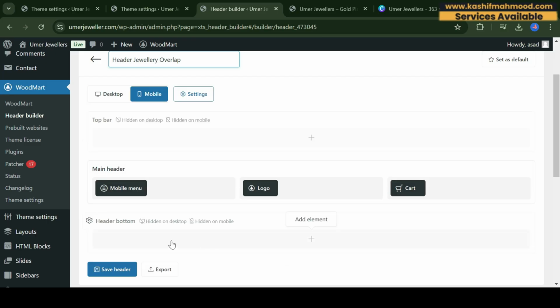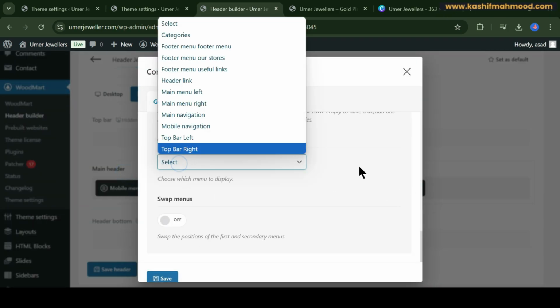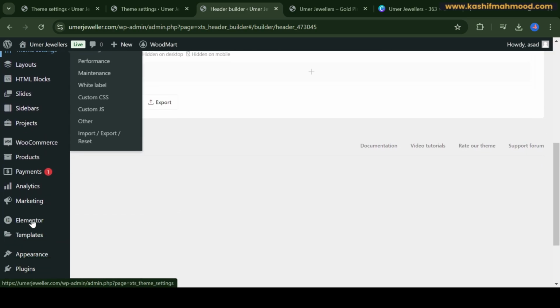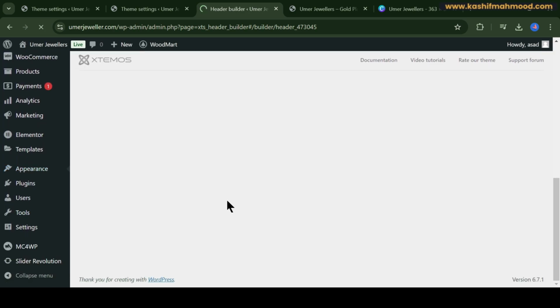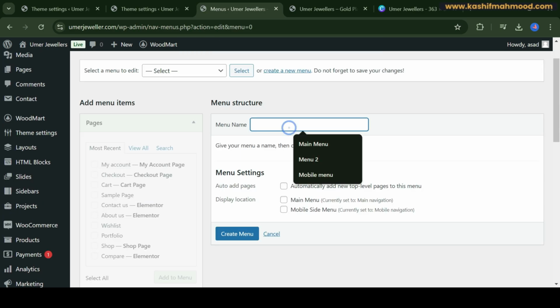So now let's set up the menus. Here you can click on edit and you can see which menu is selected down in the mobile. You can see none is selected. So just close this and go to appearance and here select menus, and here we can click on create a new menu, and here you can name it